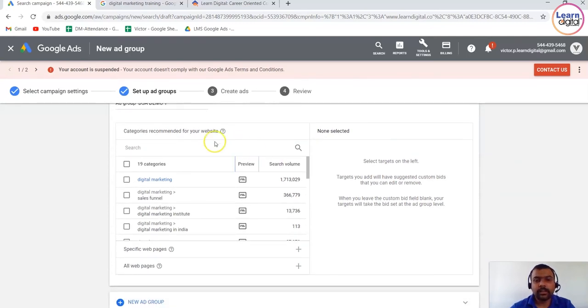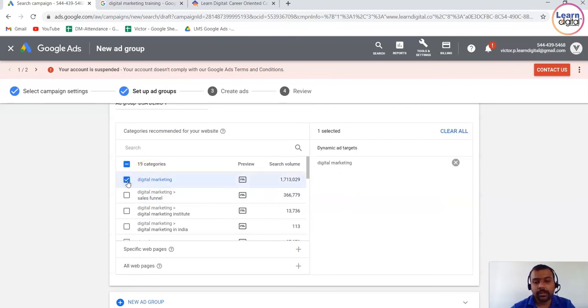So category recommended for your website. So it has taken 19 categories. So sales funnel. So search volume for digital marketing is really great. Let me click on that.